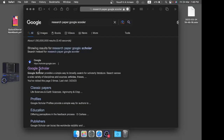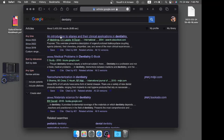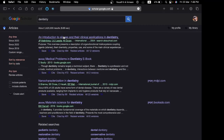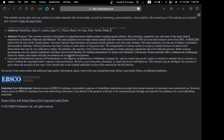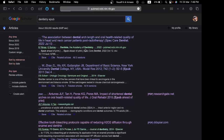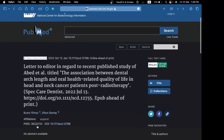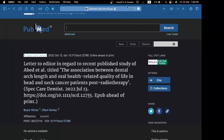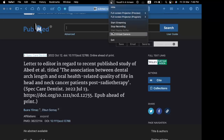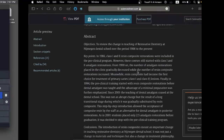Today we will search about some research papers here on Google Scholar as usual. It's going to be about dentistry, introduction to salines. Let me find one and I will be back to you soon. So this one is about